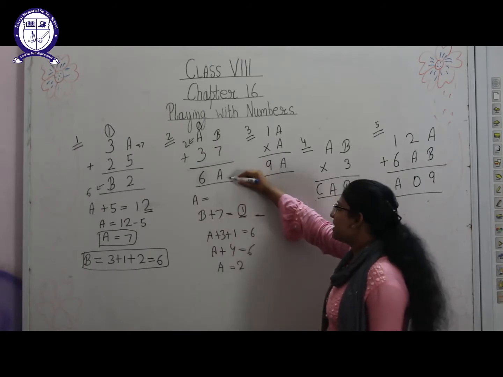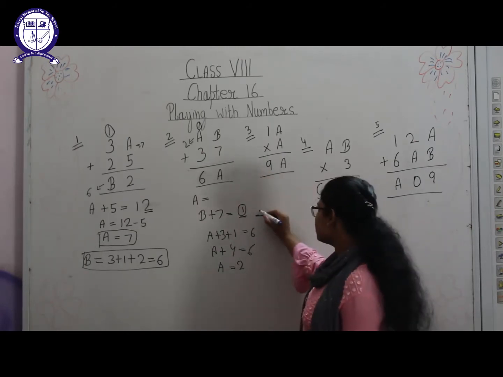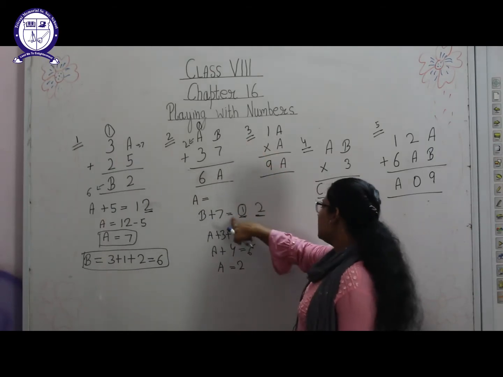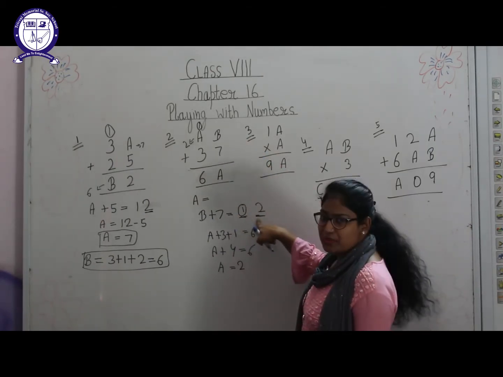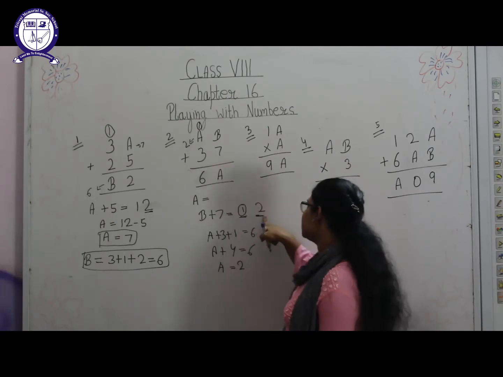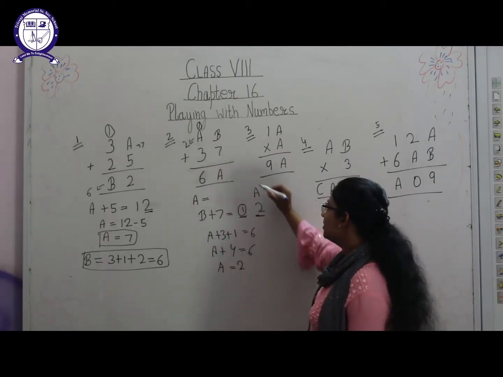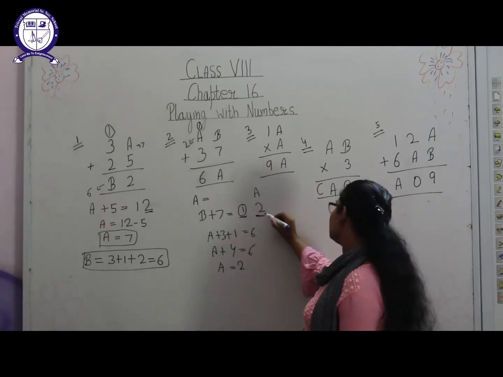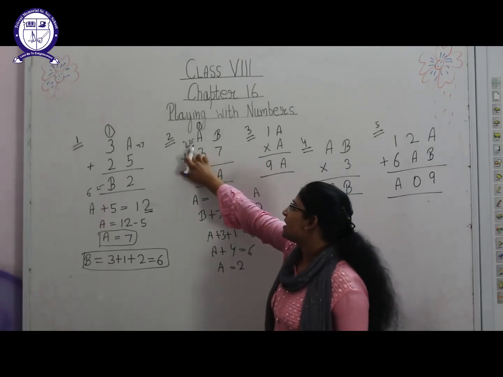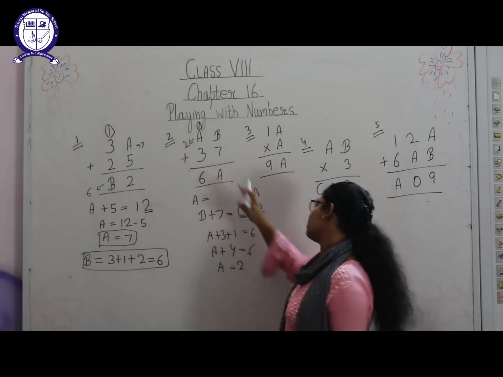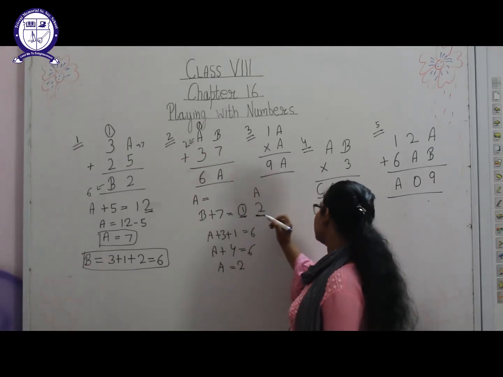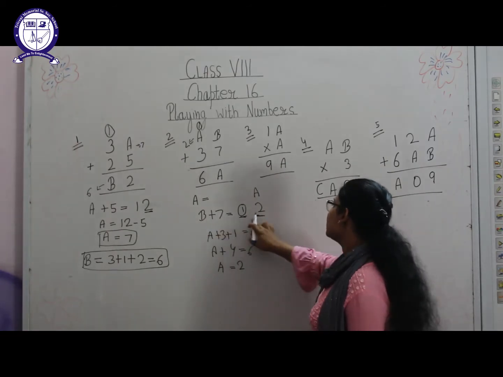Now if we put the value of 2 here, b plus 7 should be equal to the two-place digit where 1 is the carry and this is the a only, because the value of a we have to write here only. Okay, so as we consider the value of a is 2, here we will also put 2. So in this manner, what do we get? We get that b plus 7 is 12.